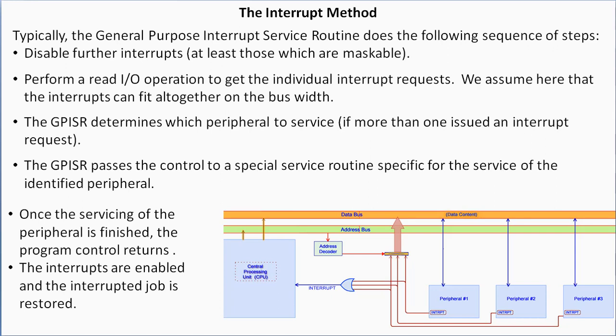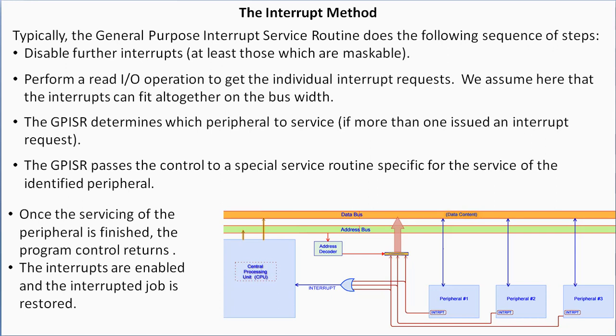Obviously, if there are any other peripherals that have issued an interrupt and they are waiting, once the interrupts are enabled again, the CPU will see another interrupt and it will then proceed to execute the general purpose interrupt service